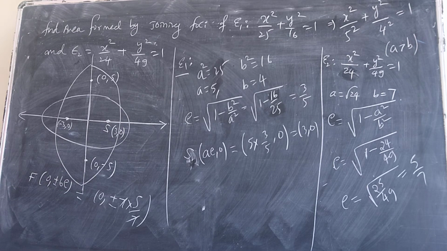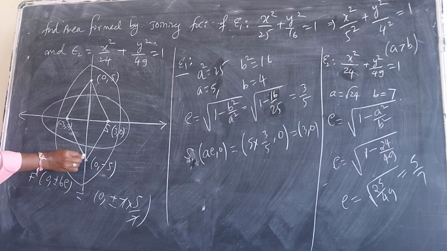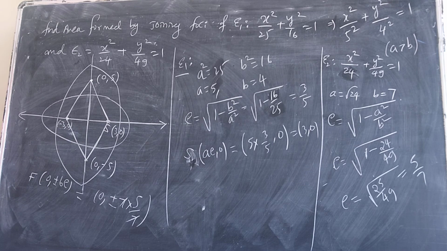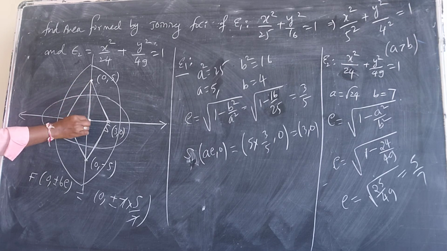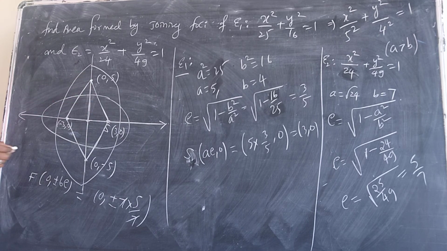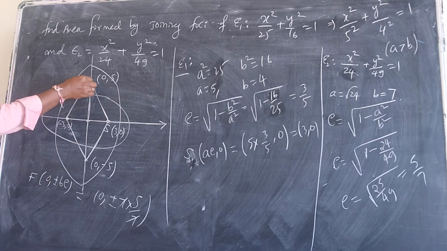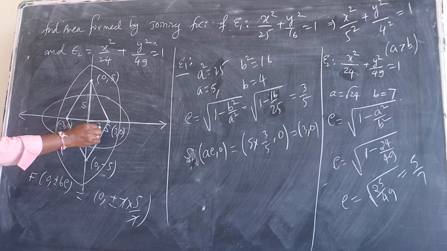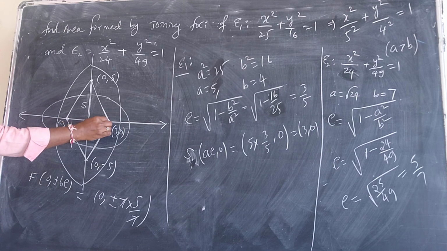So now he is asking to find the area between these foci. The area formed by this focus, this one, this one, this one, is asked. Are you getting what I said? So what is this length, from here to here? Kanishka, see here and tell me, what is this length? 5. This length is 5. And what is this length? Yes, Harsh? 3. This length is 3. This is 5. This is 3.